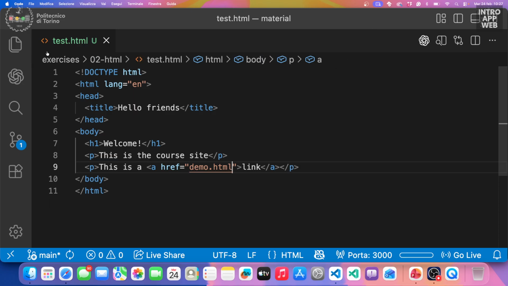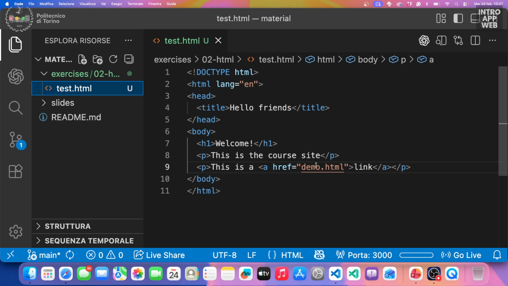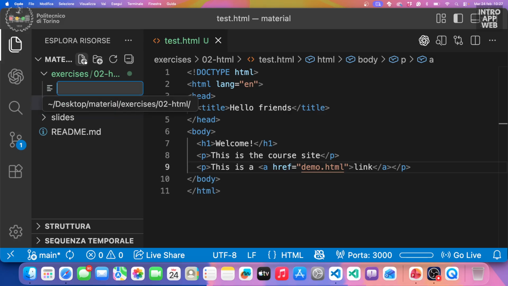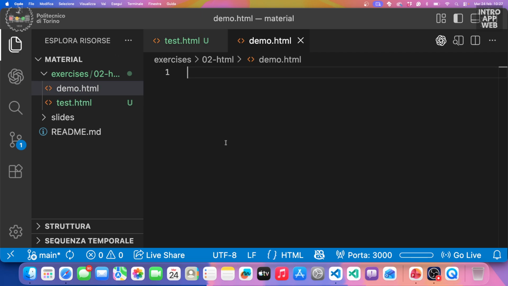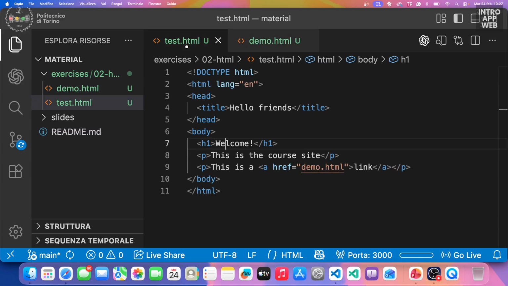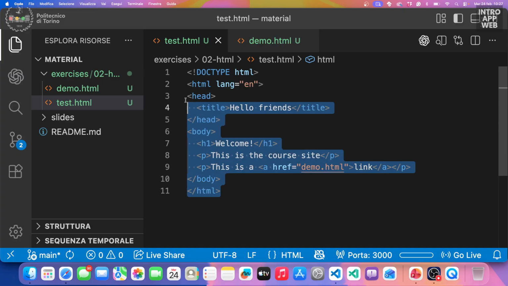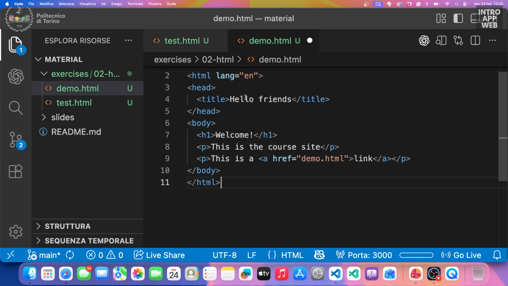So in here, what do we have to do in order to make this work? To create a new file that must be called demo.html, okay? Then for the demo.html, we can copy paste everything because now that the structure is the same, the tags that we will be using are probably the same. And here we can say